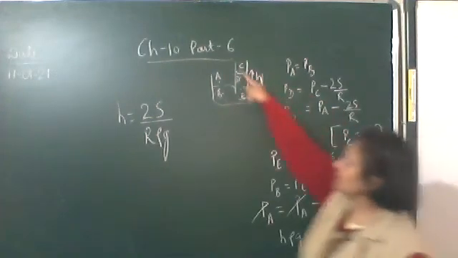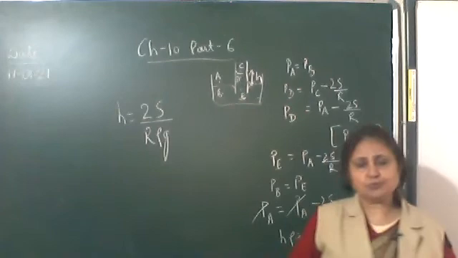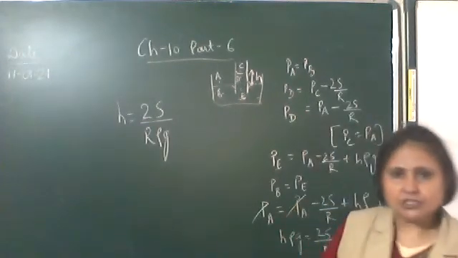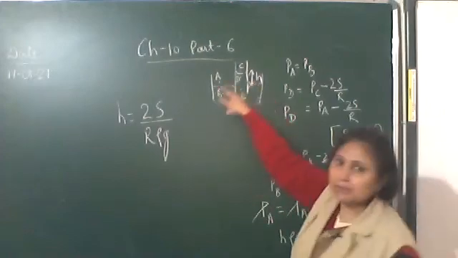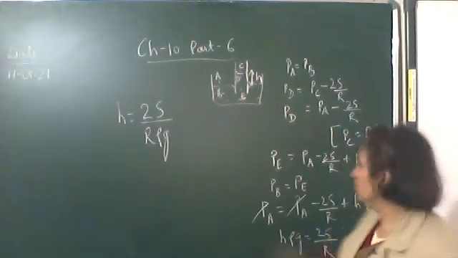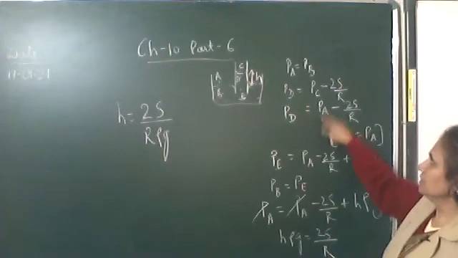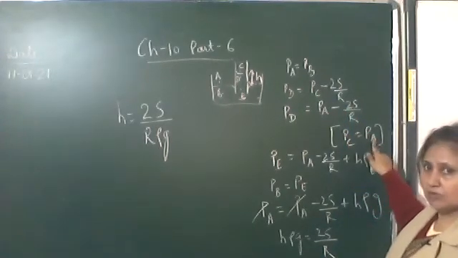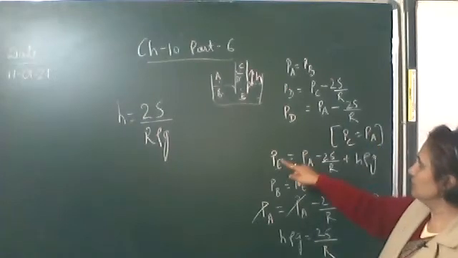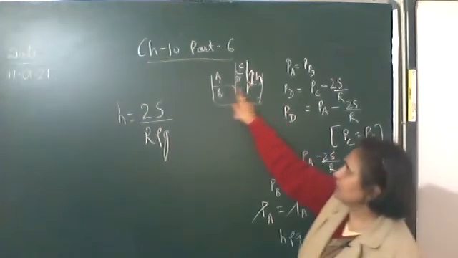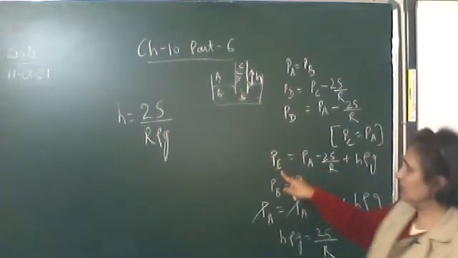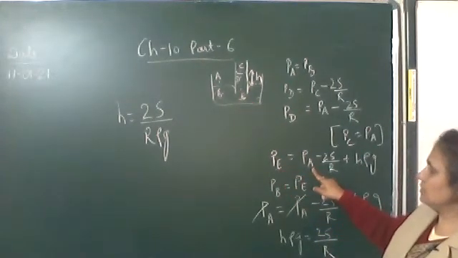And point C and point A are both exposed to the atmosphere. The pressure is equal to the atmospheric pressure. So at point C and A, the pressure is the same. So at point C, you can write it to be the pressure at point A. Both are the atmospheric pressure. Now we consider another point, E, which is at the same level as B. At that point, the pressure will be equal to